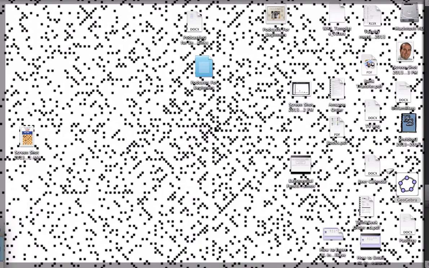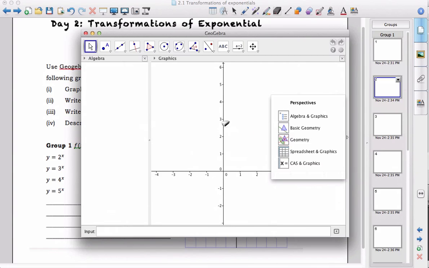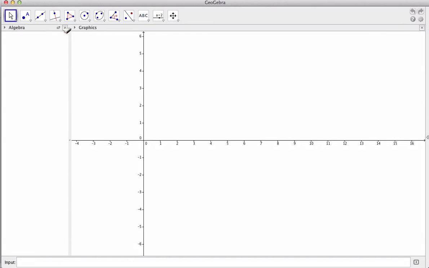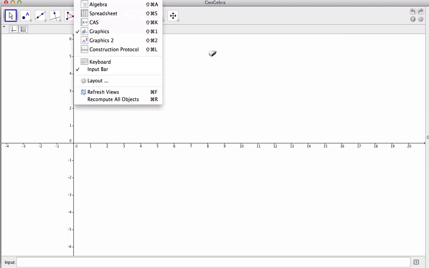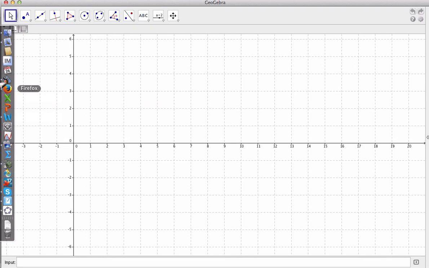So I want you to open up GeoGebra, and when it opens up, we are going to select Algebra and Graphics, I think will be the best. Maximize the screen. So I don't need the algebra, just the graphics and the input bar on the bottom. That's what you need, the graphics and the input bar. I'm going to put grid lines on so I can read this a bit,